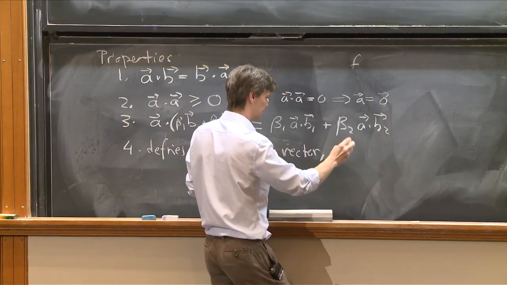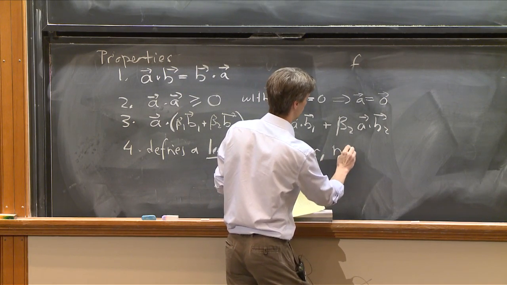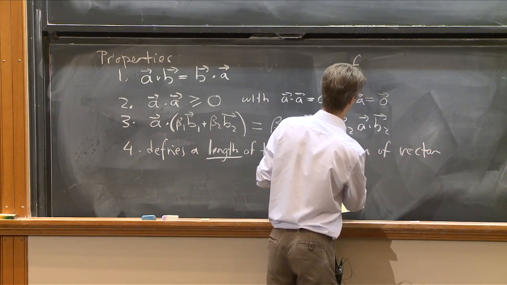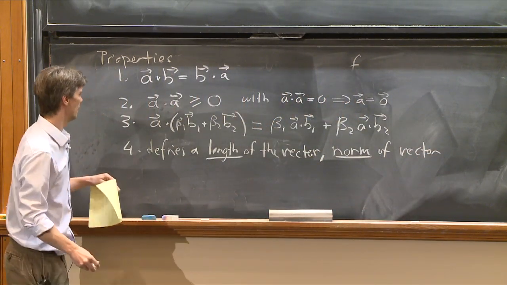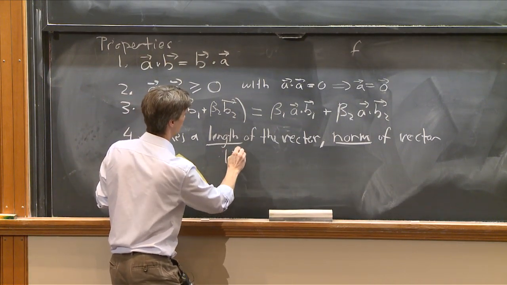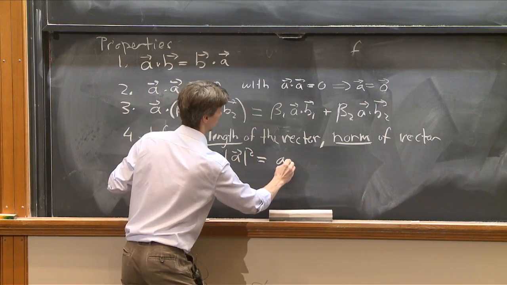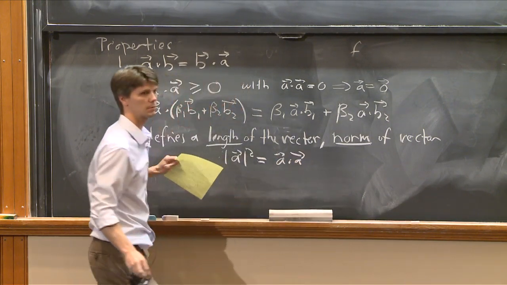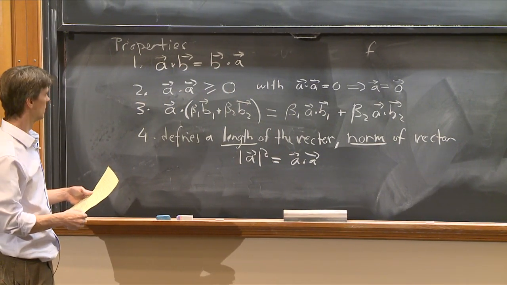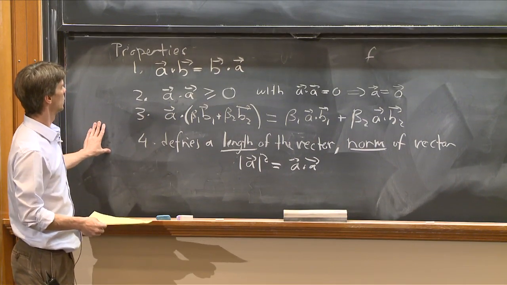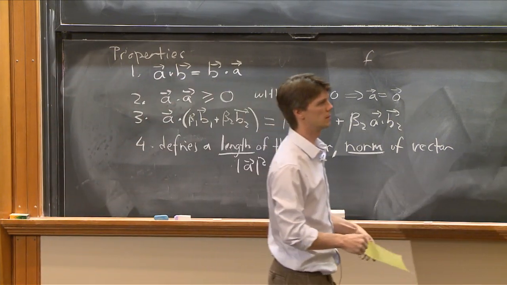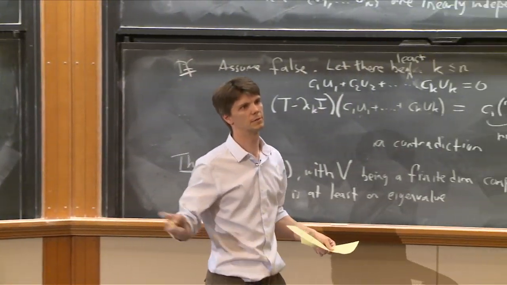And more generally, we're going to call this the norm of the vector. Of course, you know that mod a squared is just equal to a dot a, right? So this is our definition of the norm. Now, this definition over here is really by no means unique in satisfying these properties.